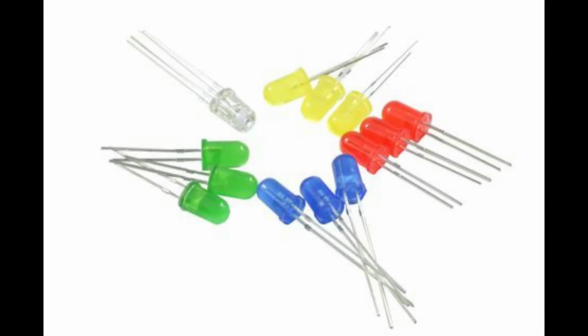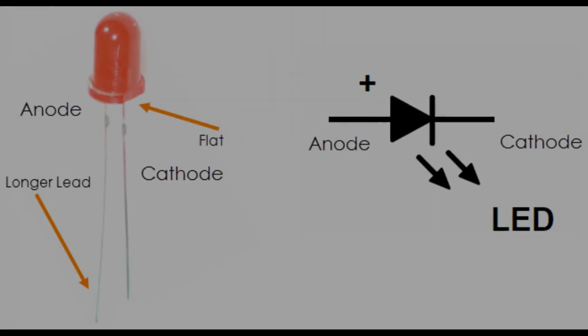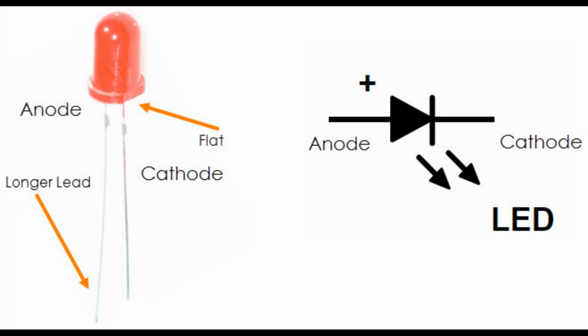Light emitting diode, LED. A light emitting diode is also a type of PN junction diode that emits light in the forward bias configuration. An LED is made up of direct band gap semiconductor. When the charge carriers cross the barrier and recombine with the holes on the other side, they emit photon particles, while the color of the light depends on the energy gap of the semiconductor.